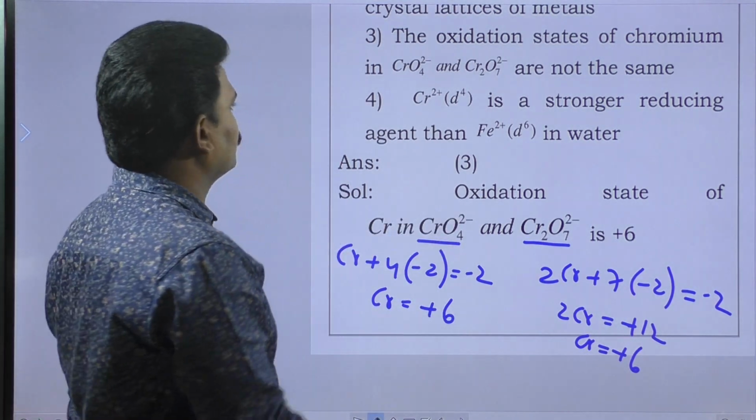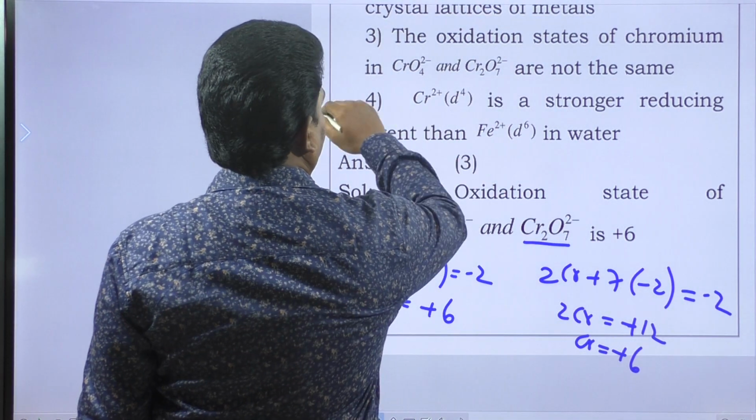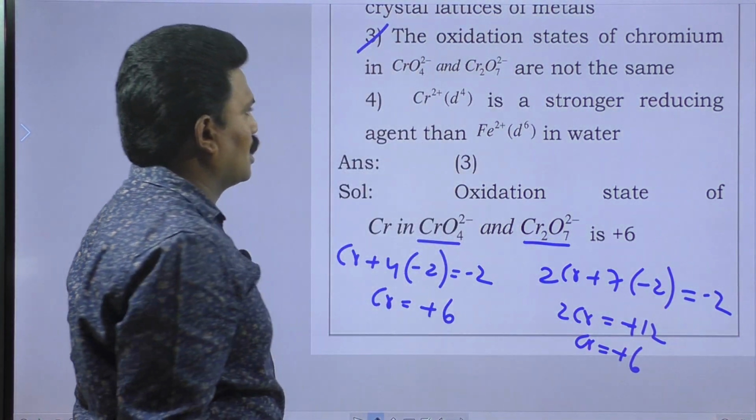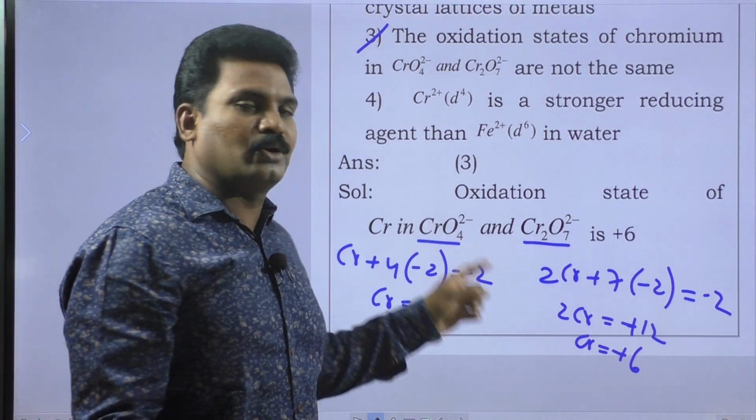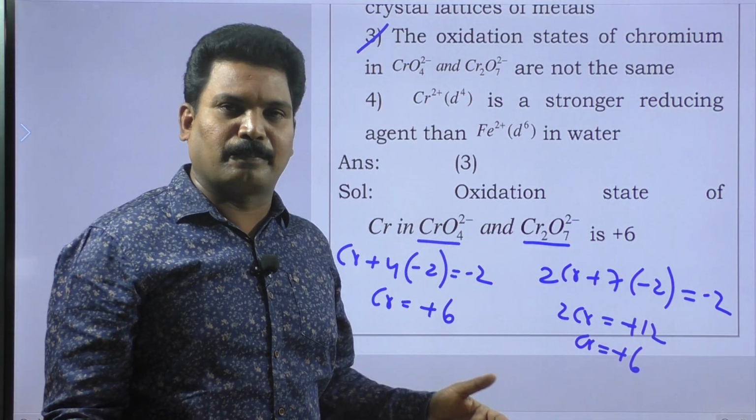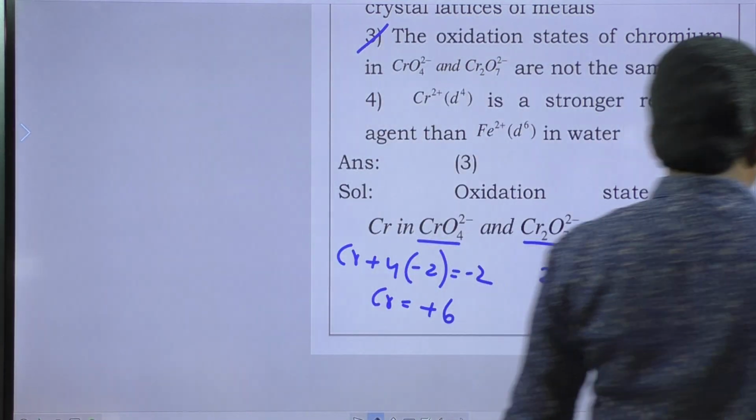Both chromate and dichromate have the same oxidation state, plus 6 and plus 6, but the statement here says they are not the same. So the answer is option 3. And then go to question number